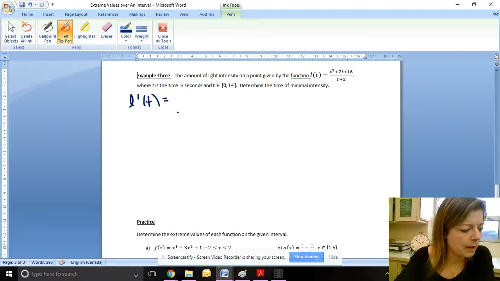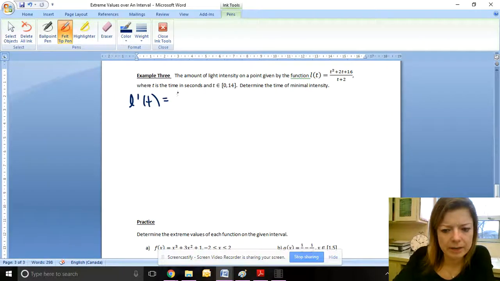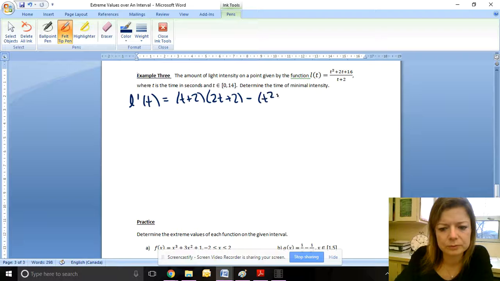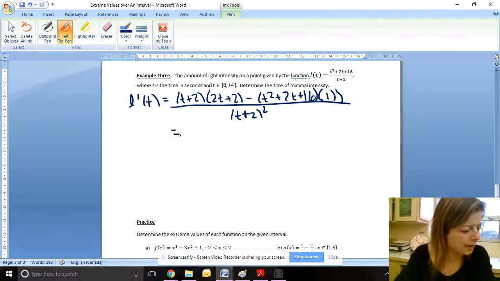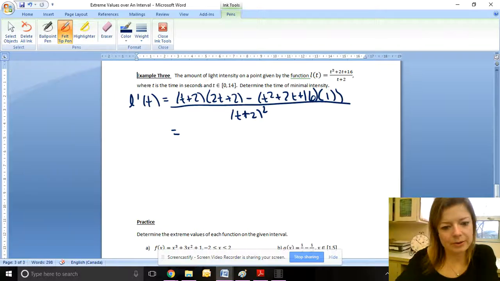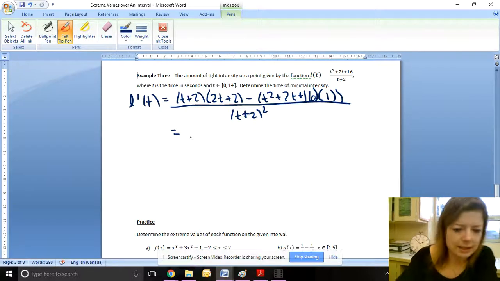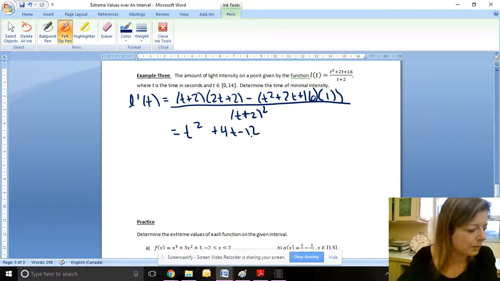Let's recall the quotient rule: it's the bottom times the derivative of the top, minus the top times the derivative of the bottom, all over the bottom squared. When you actually do this, I trust that you can, you FOIL this, expand this, collect like terms, and you get t squared plus 4t minus 12